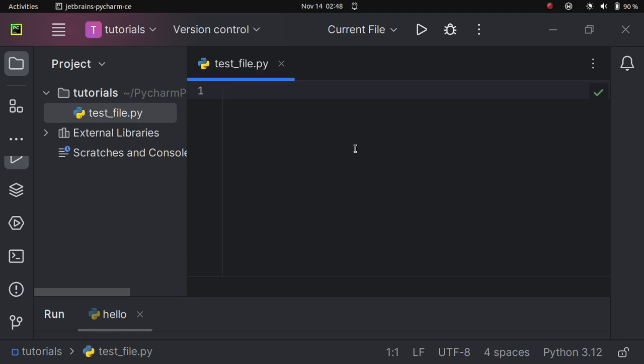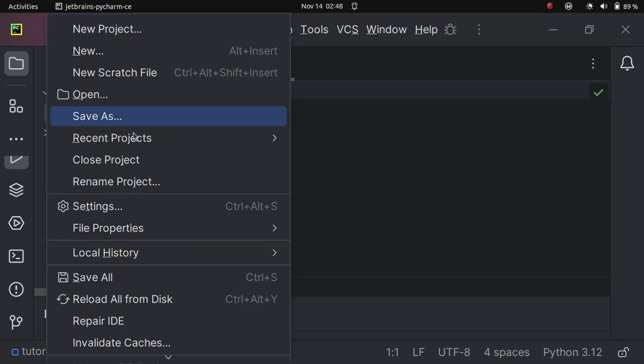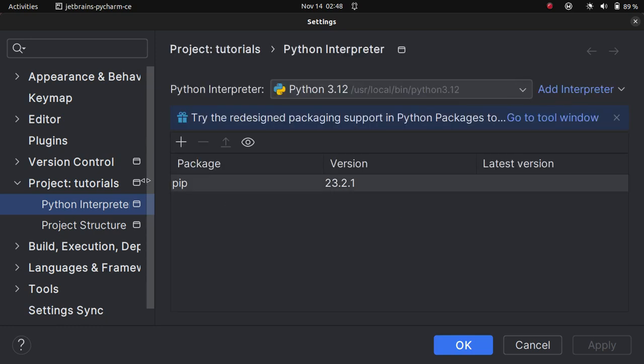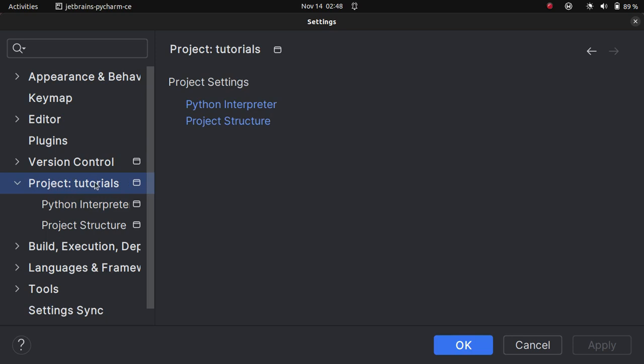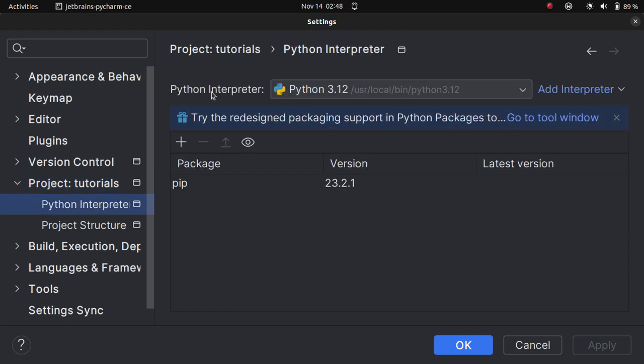It is within this environment that you can type in your code and run it. Now, if you don't have an interpreter already configured in your PyCharm, it will definitely pop out some errors for you. To fix that, you can click on this menu icon there, and go to your settings. Then under your project, under the name of the project, you go to Python interpreter. Then under Python interpreter, you can add a new interpreter. Currently I'm using this Python